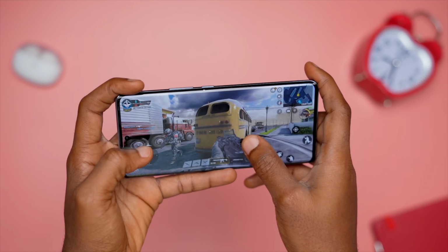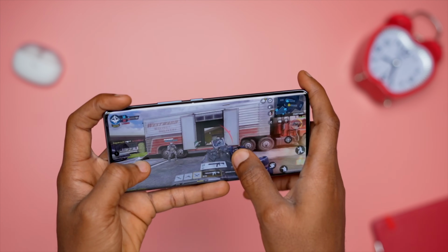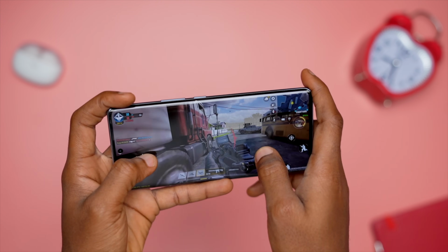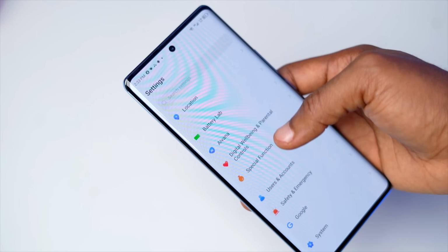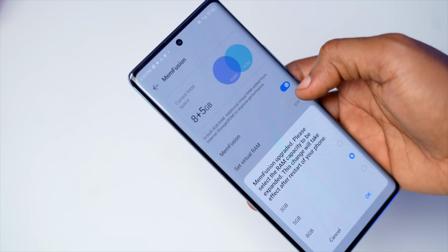Equipped with a Unisoc T616 flagship processor chip with a 12nm design that is almost as good as the G90 chip from MediaTek, it is able to perform good graphics processing and cool down quickly, providing stable gaming experience. It has 8 gigs of RAM that can be expanded to 16GB using itel's Memory Fusion technology. To do this, go to Settings, Special Function, Memory Fusion, select the memory you need to convert and restart your